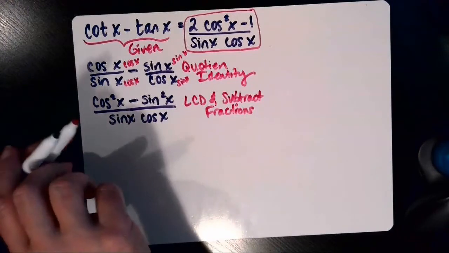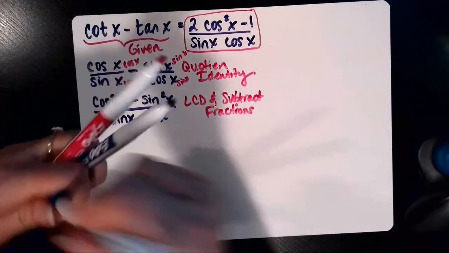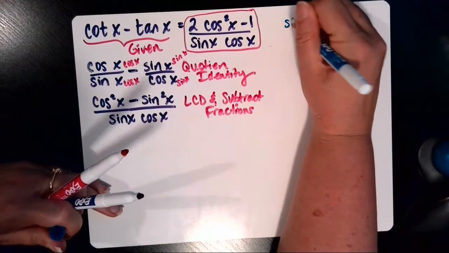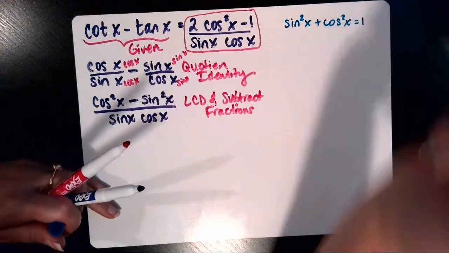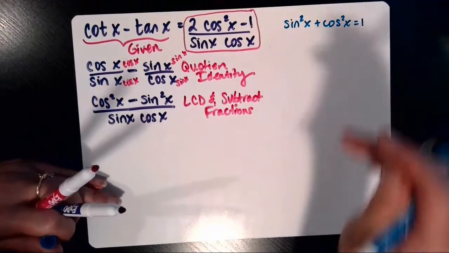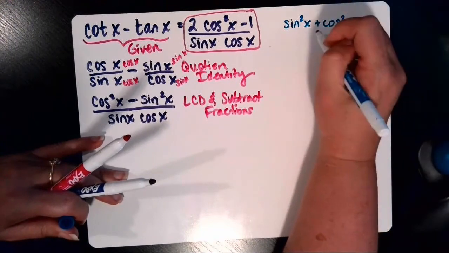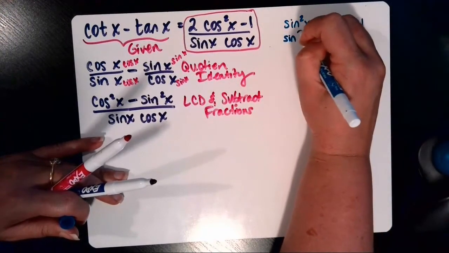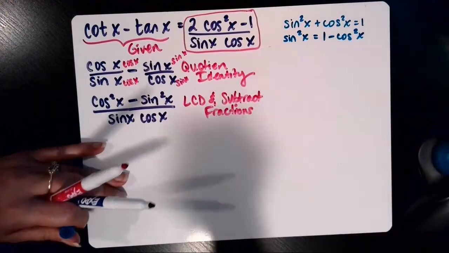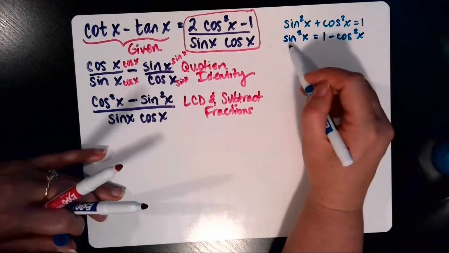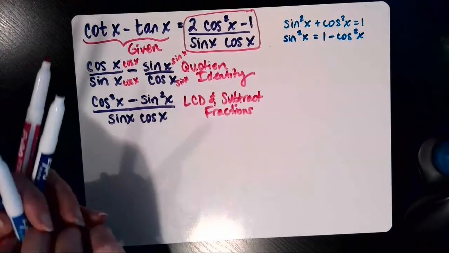swap that out. And to do that, I'm going to remember that there's a Pythagorean identity that says that sine squared x plus cosine squared x equals 1. So if I solve this for sine squared x, I would subtract cosine squared to the other side, and sine squared x would be equal to 1 minus cosine squared x. So I'm going to use that form of the Pythagorean identity to swap out this sine squared x in my